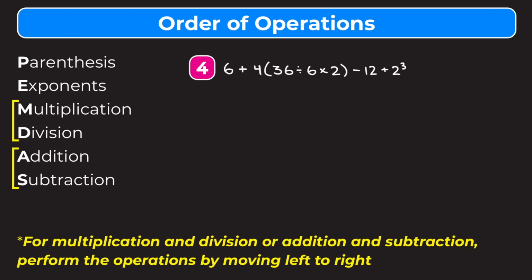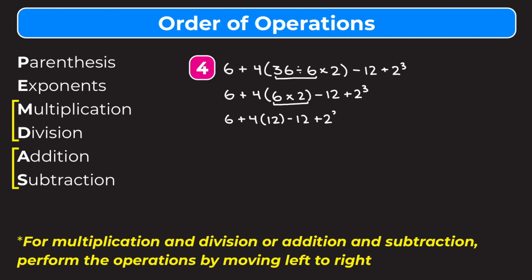So for number 4, we're going to start with what's inside the parentheses, and we have division and multiplication. So we want to move left to right. So we're going to start with the division within the parentheses. We're going to keep everything else the same. So we have 6 plus 4, and then in parentheses, 36 divided by 6 is 6. So 6 times 2 minus 12 plus 2 to the third. And we want to finish what's inside the parentheses before we move on to anything else. So we have 6 plus 4, and 6 times 2 is going to give us 12 minus 12 plus 2